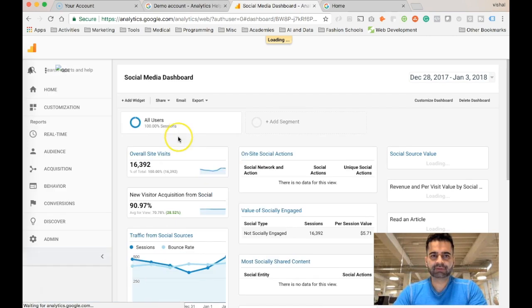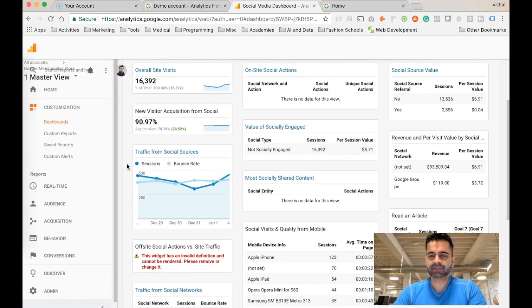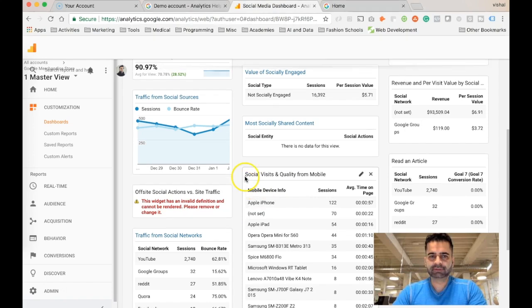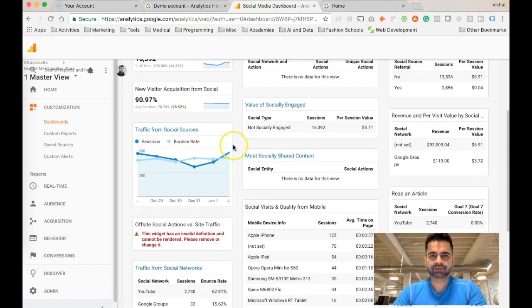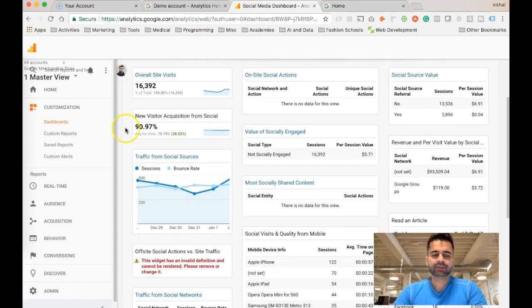So here we go. This gives you an overall glimpse of all the social sites. This would be different social networks, so you will see, as you can see, YouTube. These are the social visits that came through, traffic from social sources. So this is your overall view of social traffic. This gives you a quick overview of